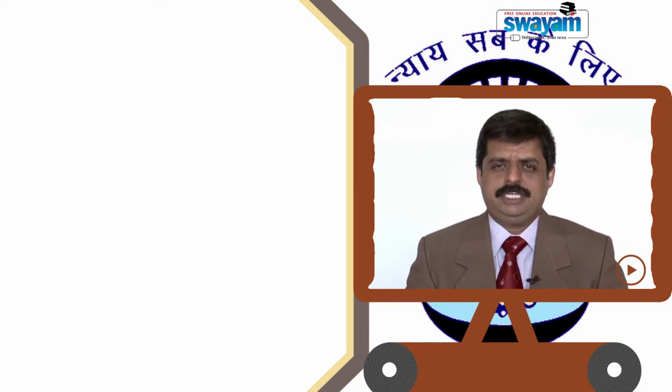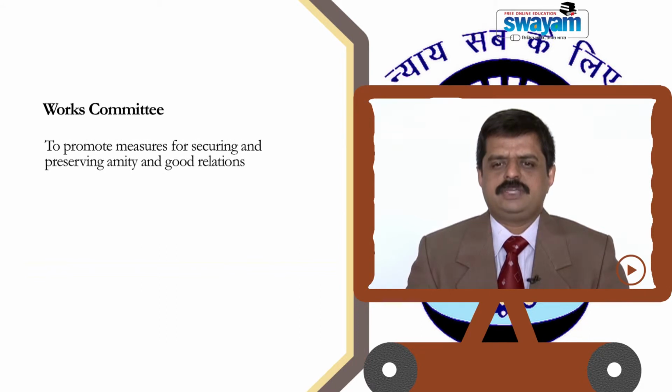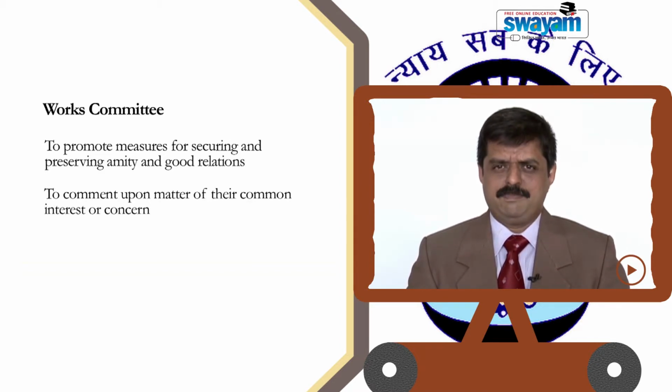The authority given the power to prevent a dispute is the works committee, and this works committee is supposed to promote measures for securing and preserving good relations between the parties, and it also has to make comments on important matters concerning the workers